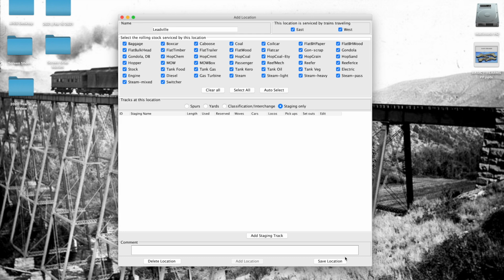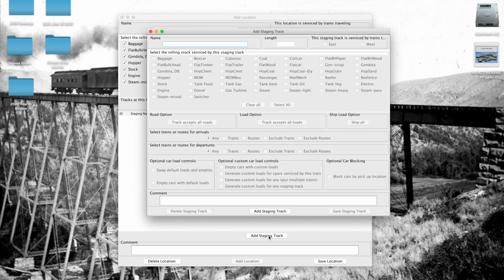So it's staging only. So these are kind of either ors. You know, I can't have both classification and staging, at least not at this location. So I'm going to add a staging track. And you can name these anything you want. And all I'm going to do is I'm going to call this Leadville Staging